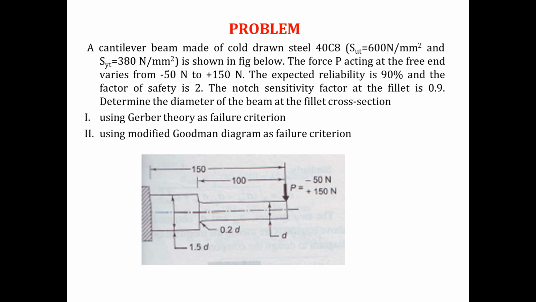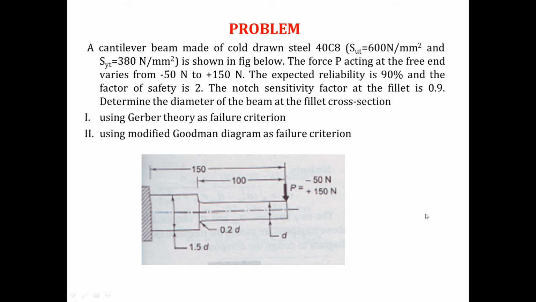Bending. Yes, I can see that due to this fluctuating load of minus 50 Newton to plus 150 Newton, the entire beam is bending at the fixed point as well as at the notch point. But which portion will I take into account? I will take into account the notch portion. Why? Because at the notch portion the cross section of the beam is suddenly decreasing, stress will be very high, and normally in design we go for the high stress value.